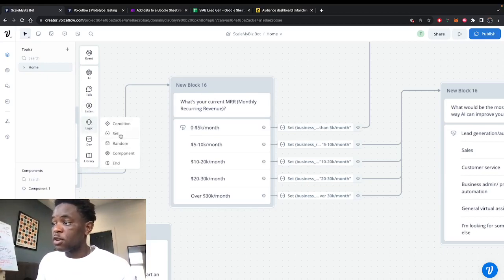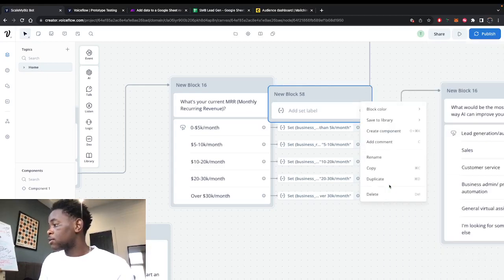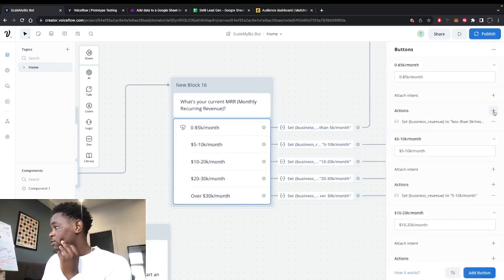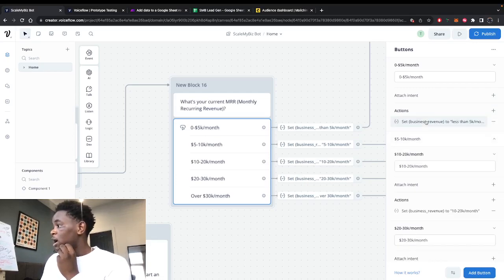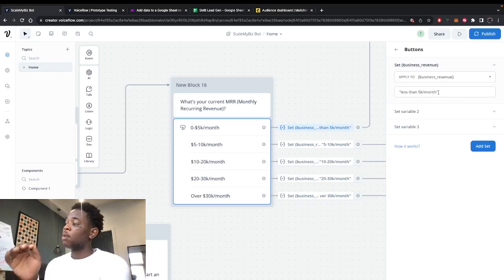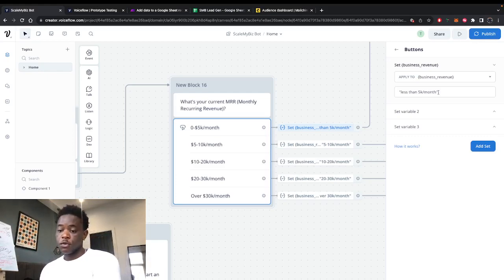So if you go to Logic and click Set, you can create a new variable and set it to a particular value. In the way that I've done it with the buttons, you click the button, you click on Actions, and then you click on Set Variable, and as you can see here, I have set this specific variable to less than 5K per month. And this is really important because it's going to be pushed into the CRM,